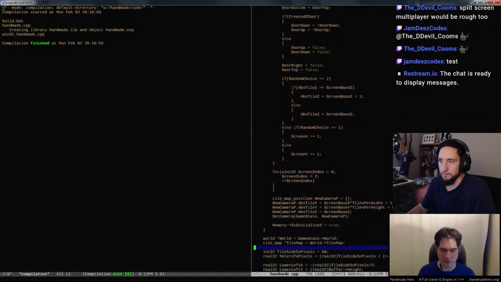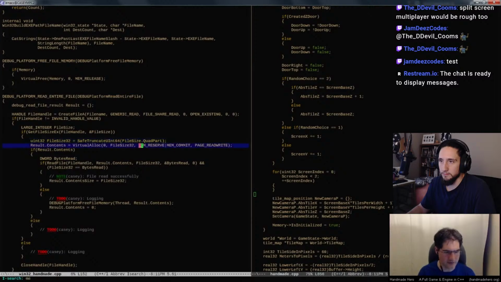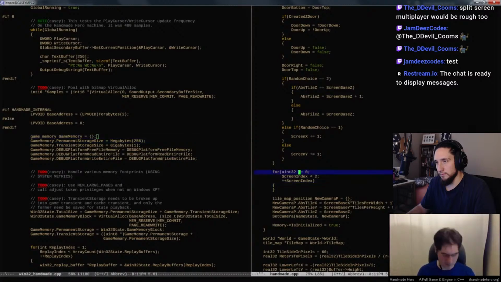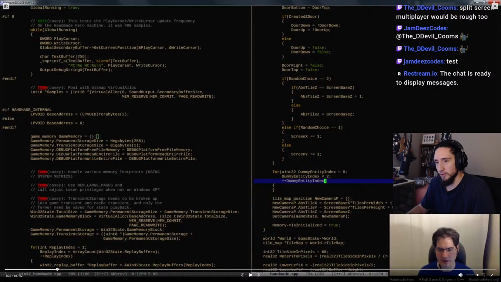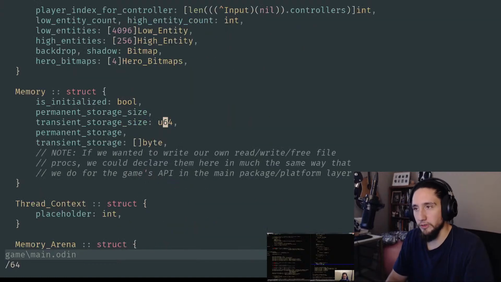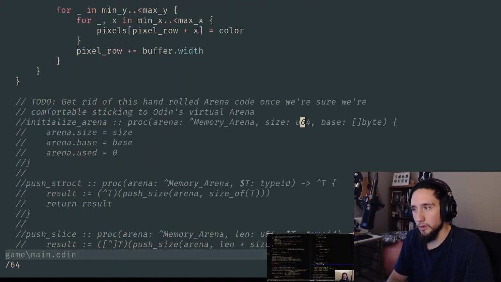One problem that we have is we may need more space for entities, because I think we're still at like 64 megabytes or something like that. So if I beef that up a bit, if I said that was 256 megabytes, so we have more room in the permanent store for the game, and I just create some dummy entity index here, I just create some really large one. I don't know if he's going to leave this code in, but I suppose I should throw that change into my own code, just so we're not